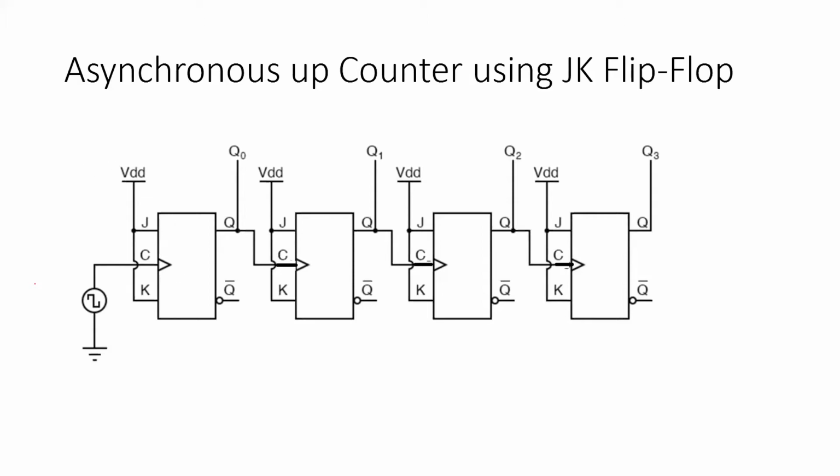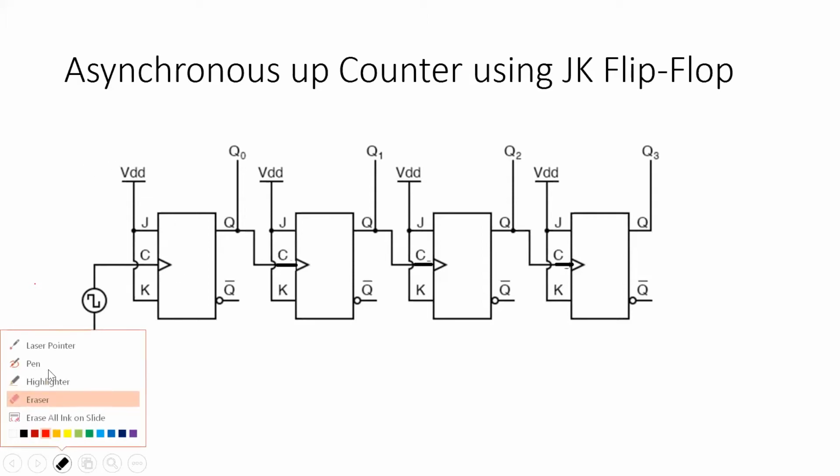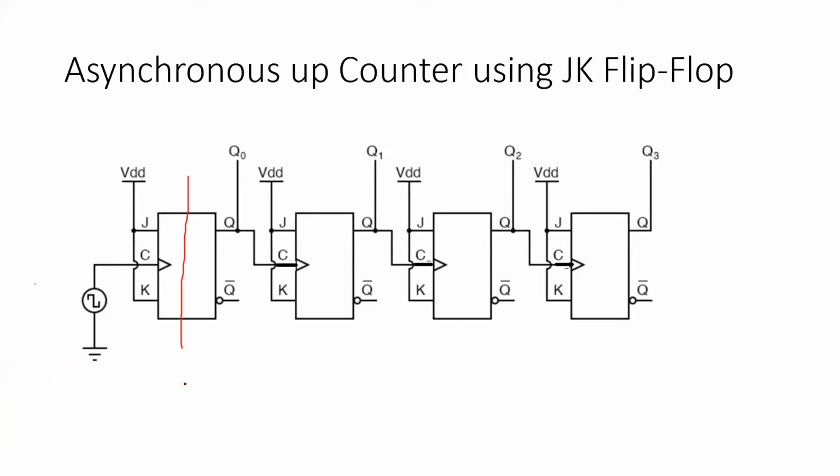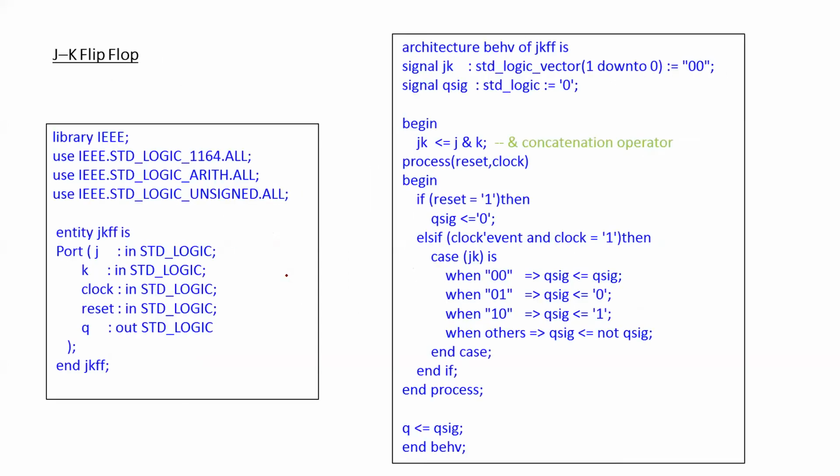So for the implementation in VHDL, I can simply create a code for the JK flip-flop and then call this flip-flop 4 number of times, and I will use intermediate signals for driving the clock. By default I will set the values of J and K as 1 to make a count. So you can see I have written a code over here.